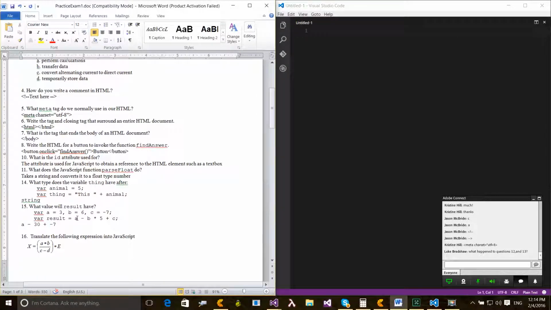So A is 3, so 3 minus 30 gives you a negative 27 plus negative 7, and that would give you negative 20. Right? No, it would not give you negative 20. It would give you, let's see,